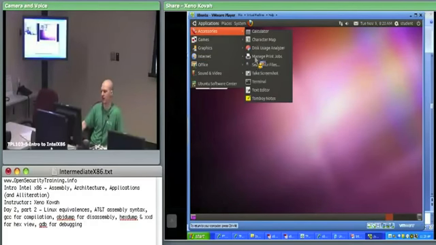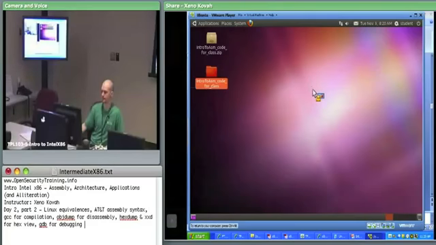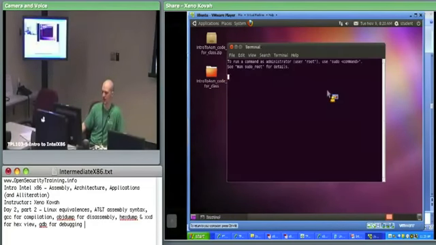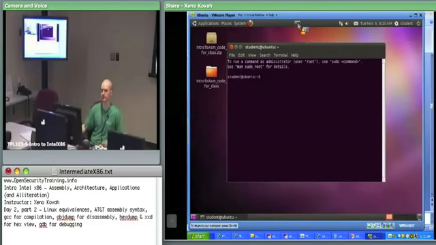I frequently like to drag this to my desktop so that I don't have to go into the menu ever again. So I'm going to drag that terminal onto my desktop and then open it. Again, Applications, Accessories, Terminal. Drag it to your desktop, drag it to your bar up here, whatever you want to do. All right, and then once you get your terminal window up,